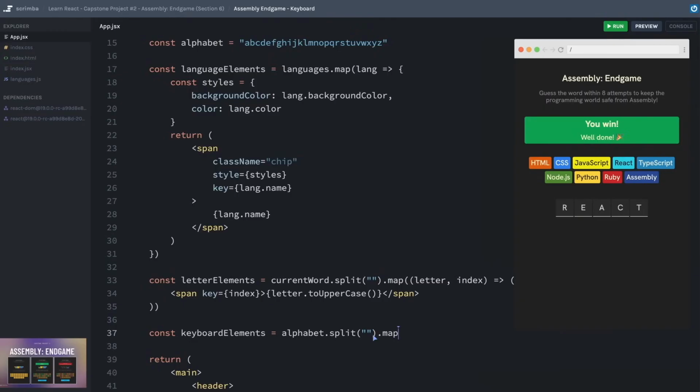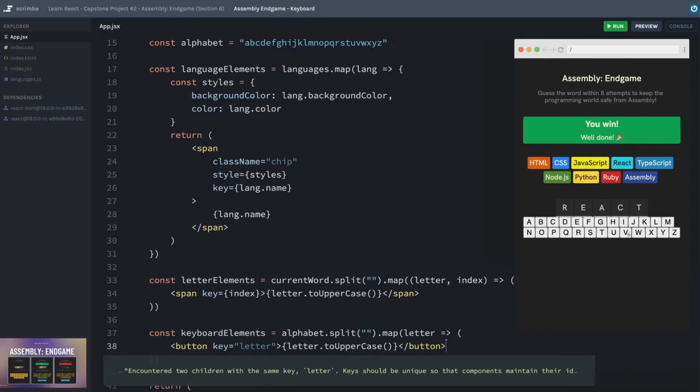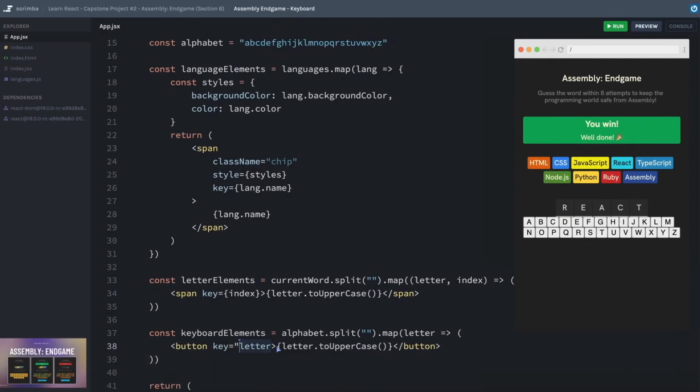Okay, so this gives us an array, and then we can map over that array, and for each letter in that array, we will return a button element. It's going to have the letter inside, and actually, I forgot to mention this, but I wanted to uppercase it, so that's what we'll do. We're mapping, so we need to make sure that we include a key, and because we are only rendering one button for each letter of the alphabet, I can use that letter as a unique key. We're not worrying about the functionality for it quite yet. Let's see where it is. So we'll hit save, and oh, whoops, I did that wrong. That's supposed to be the actual variable of the letter. That's why I got my key warning.